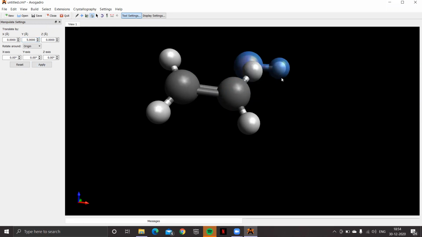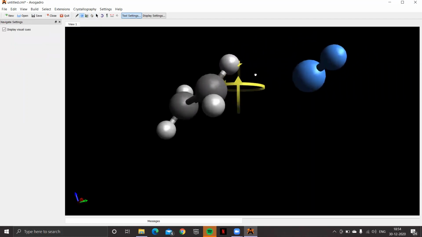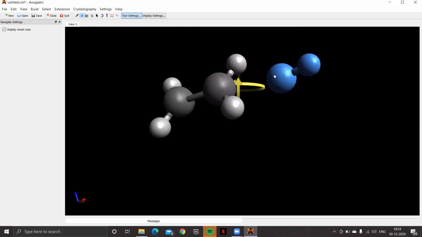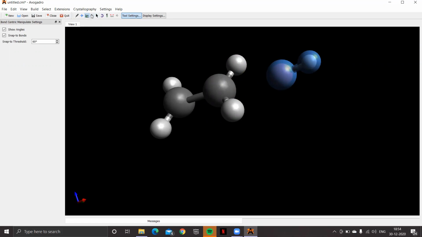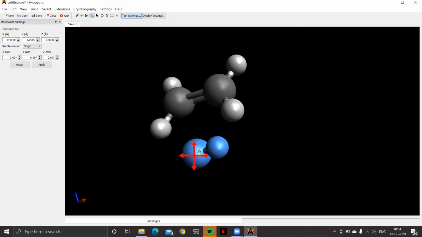Move apart. Let's see if it has moved away from the ethene molecule or not. Go to the navigation tool. Yeah, it has gone away from the ethene molecule. So go back to the manipulation tool. You can move the position of this particular HBr either through this translate by, or rotate around, or simply by holding this molecule and moving to a desired position.